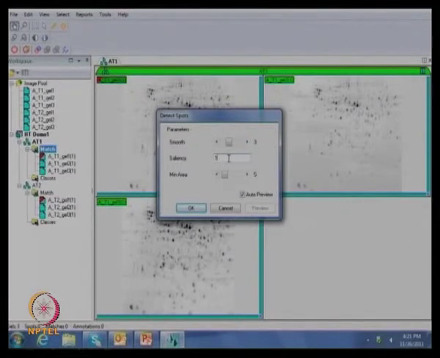And saliency, again, one can set up to 100, 150, but to start, a very good value is almost 15 to 30. I am just giving 15 for this initially. Then minimum area, 5 is quite good enough. If you think in your spot there are many artifacts, you may increase this also. In that case, you can remove more artifacts very easily. Otherwise, 5 is a fine value.